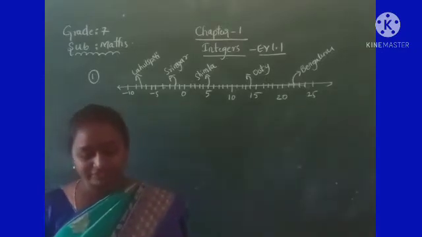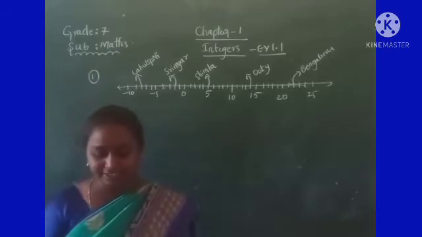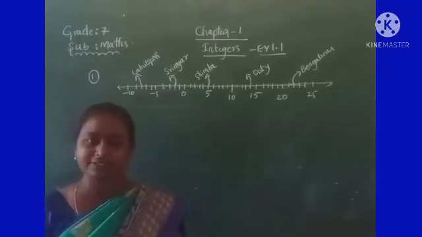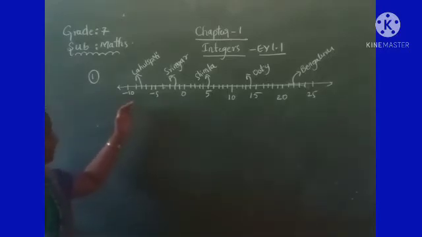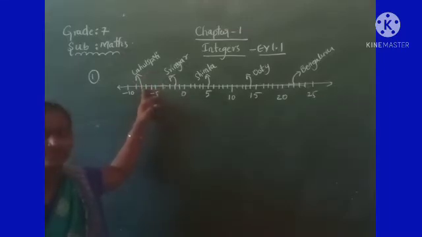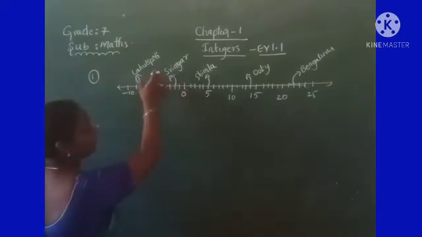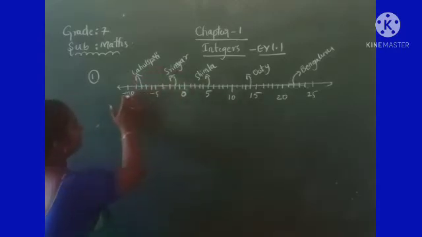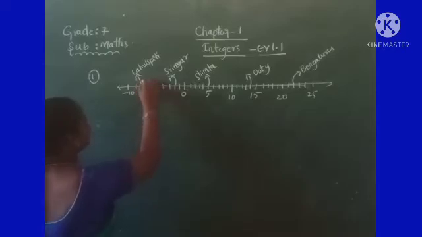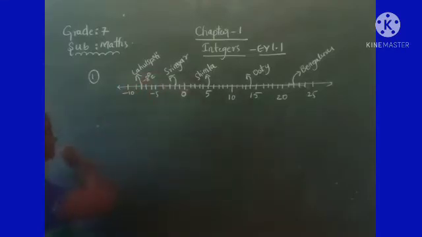Okay, so what is the first question? Observe this number line and write the temperature of the places marked on it. So we have to observe on the number line the temperature of the places given. See here, 0, it is 0 degrees Celsius. Now, the temperature of Lahul Spiti: here we have gone from minus 10, then minus 9 and here it is minus 8 degrees Celsius.